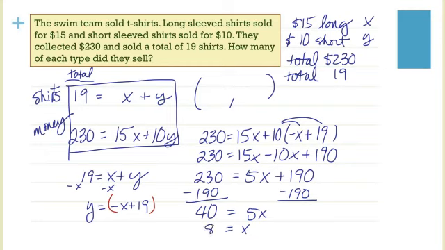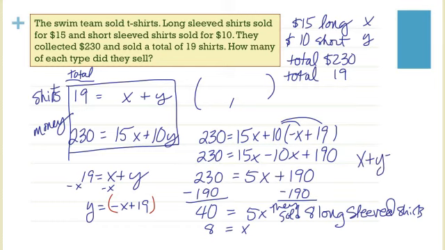Now it's important to know, what was x? X was the number of long sleeve t-shirts. So they sold 8 long sleeved shirts. And so then it's just 19 minus 8. We can do the math because sometimes it's not that easy, but if we know this is 8, then we know that this is 11. So, and 11 short-sleeved